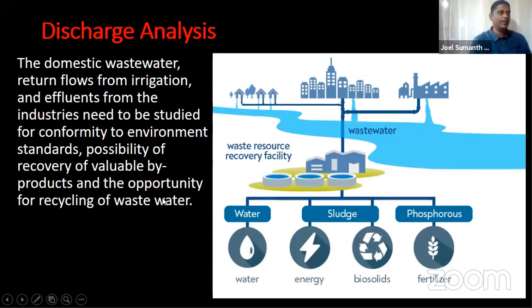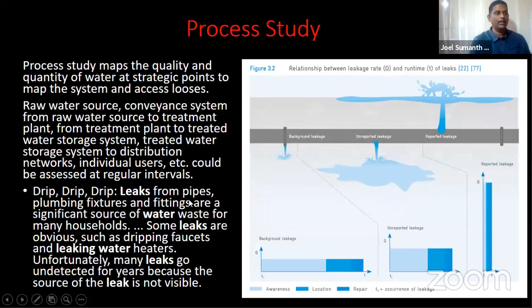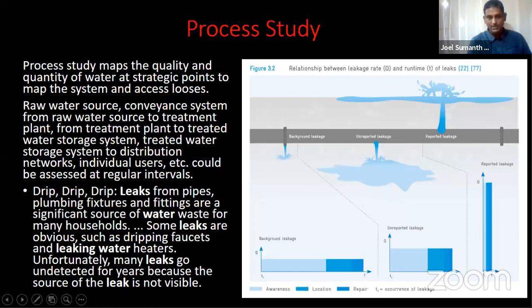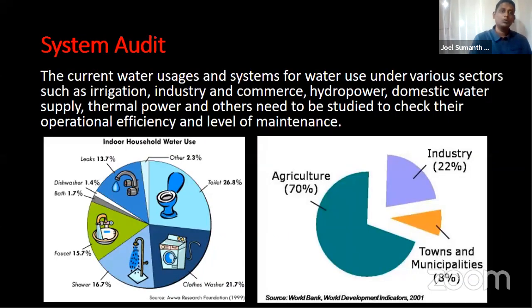In the previous slide, we have seen a process. So, what are the different discharge points, and how is the efficiency over there? The same thing, we are going to see: what is the efficiency of water at different discharge points. We were checking the leakages and any losses in the previous part when we discussed process study. And when we talk about system audit, we are going to see how much water